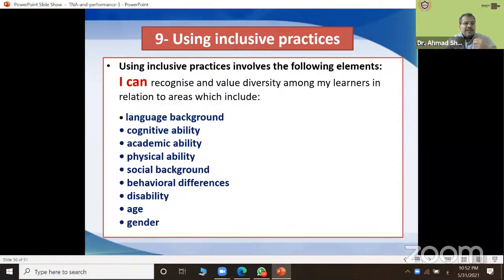So you should take into consideration their language background, cognitive abilities, academic abilities, physical ability, social background, behavioral differences, disability, maybe you have some disability cases, age, and gender. These are different circumstances or different conditions inside the class.